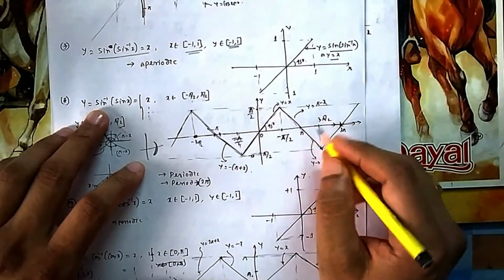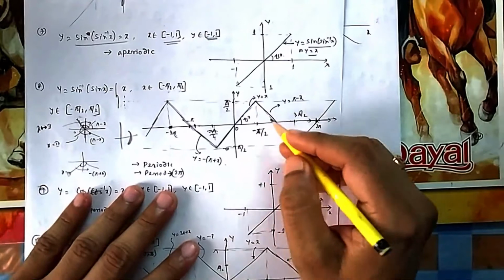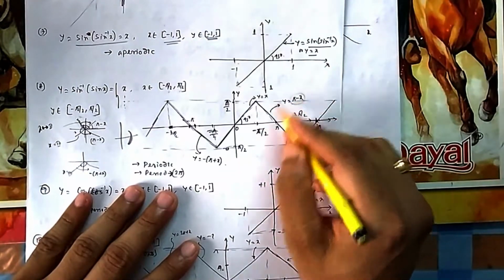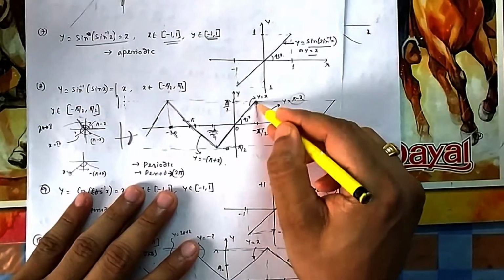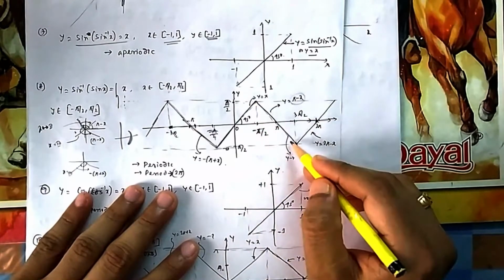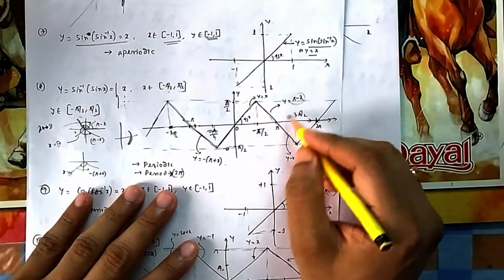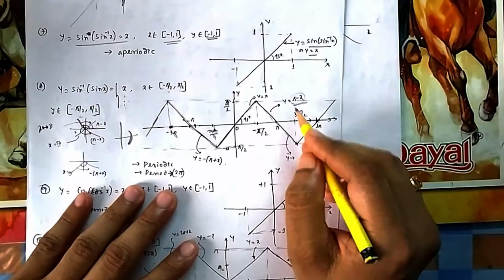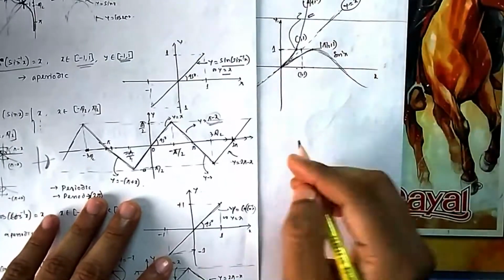Once you know it will be a straight line, then in the exam it is not required for you to remember what this branch will be. From here you draw a line which is passing through 0. Then by using the straight line concept you can find the equation of this line. So you can easily remember it. No need to remember it, but I am showing you how it is coming.